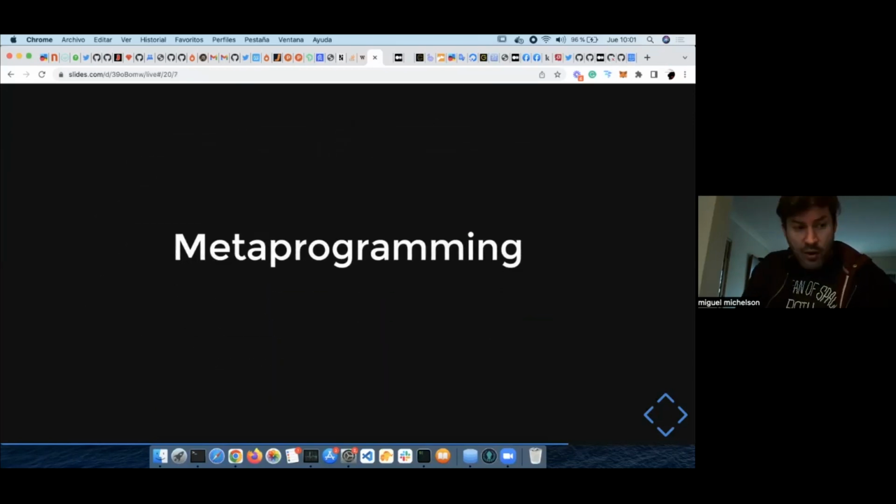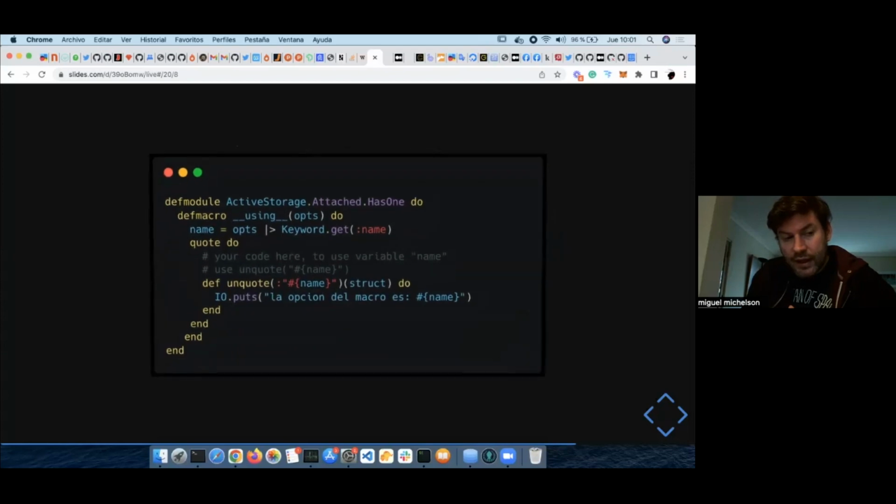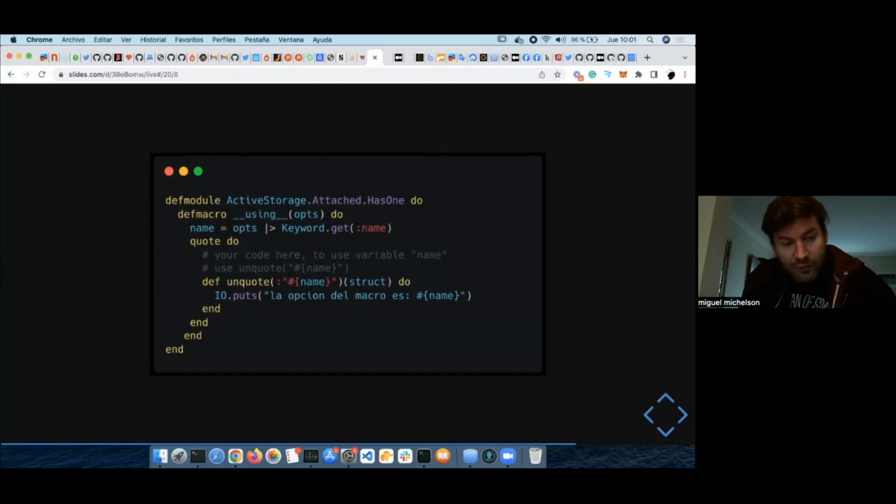In terms of metaprogramming, of course, the Ruby libraries rely a lot on some obscure abstractions and metaprogramming. So I considered that it was a good time to play a bit with Elixir. I know that this is discouraged by the Elixir community, but it's so interesting to work with metaprogramming. So I gave it a try.